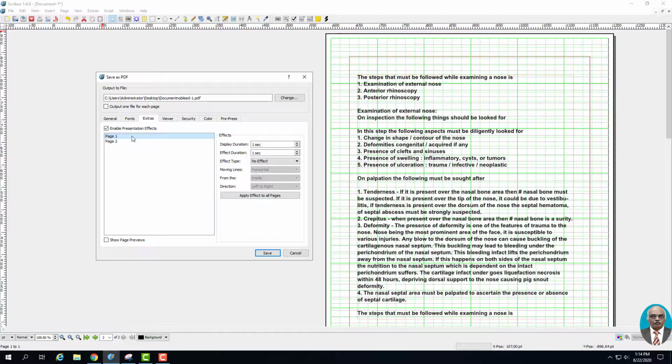So for example, let me apply some effect to this page, say box, and then show page preview, and then save. I will give a name to this document, presentation, save.